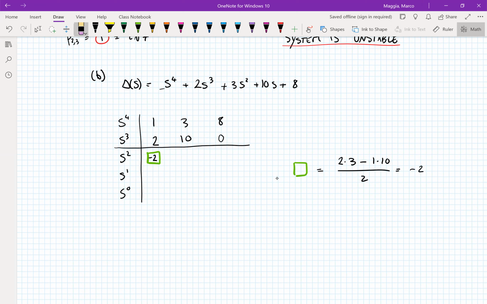All right, so now we need to compute this term. So now the 4 elements that we need are these 2 and these 2. Now, pay attention. We have a 0 on the bottom right corner, so the result will just be the value above it, so just 8. We don't really need to do the whole calculation. And now we're ready to go and compute the next element of the Routh array.